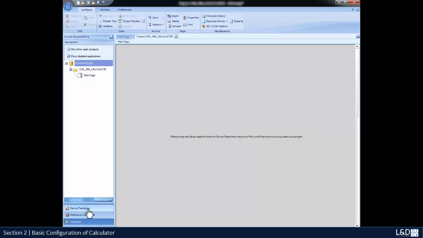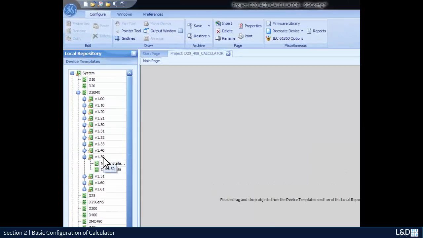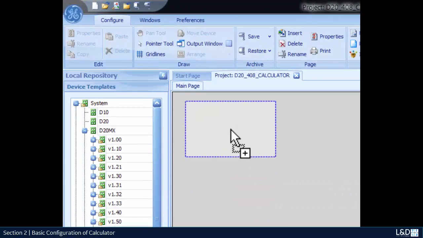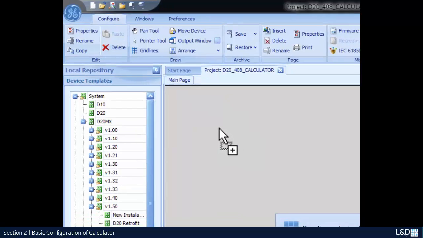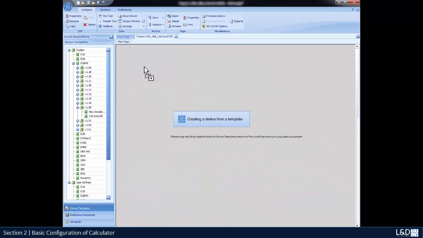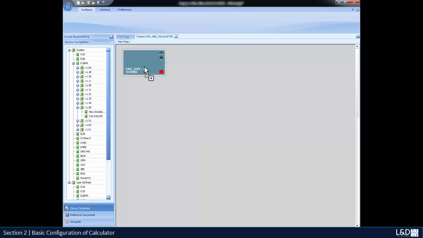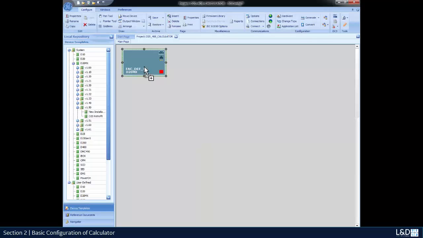Of course, we go to device templates, pick up the 1.5 new installation, depending on whatever firmware that you have of the MX in your lab or on your chassis. That's the MX target that you would pick up. So if you have, for example, version 1.61, which is the latest with this release of sgconfig in your chassis, just pick up that. As you can see, the factory default device naming is given, and now I will have